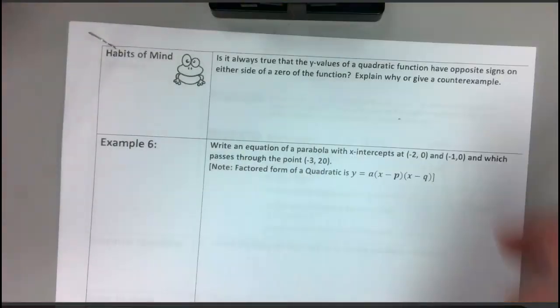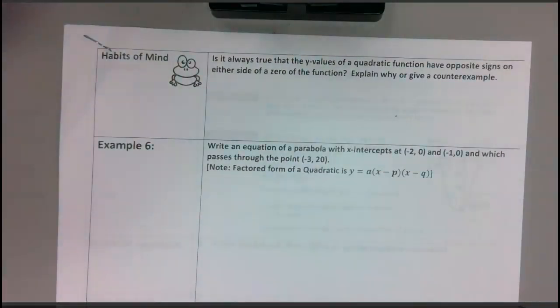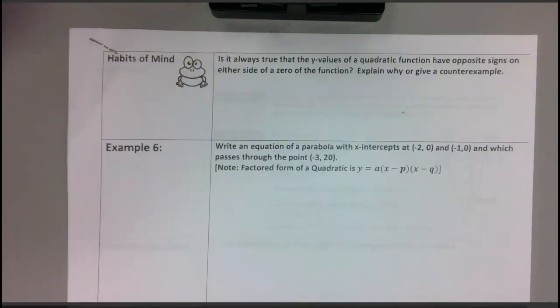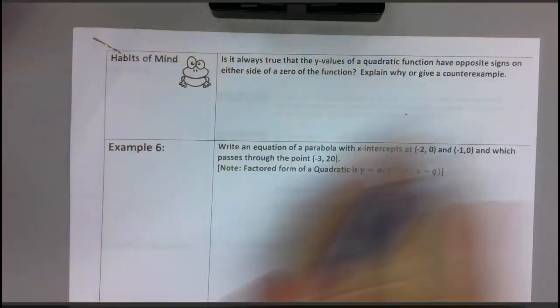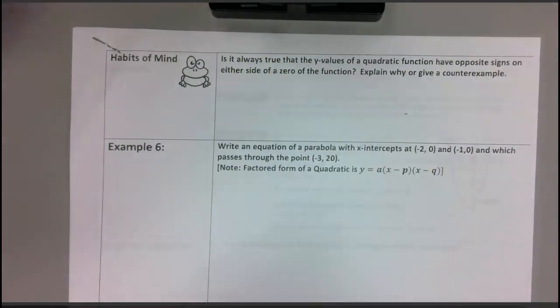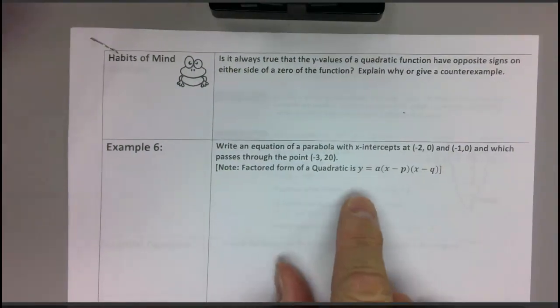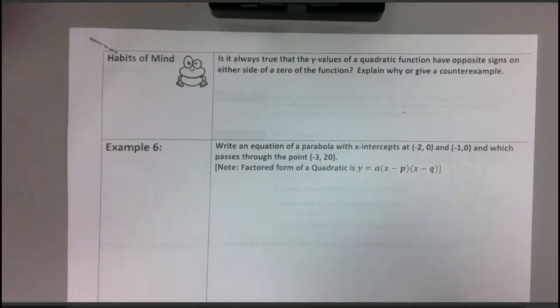Okay, it says, is it always true that the y values of a quadratic function have opposite signs either side of the 0 of the function? Explain why or give a counterexample. Remember, for geometry, if you can find one example that proves your hypothesis false, then it's called a counterexample. And this one is no,